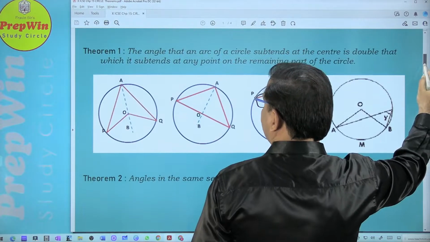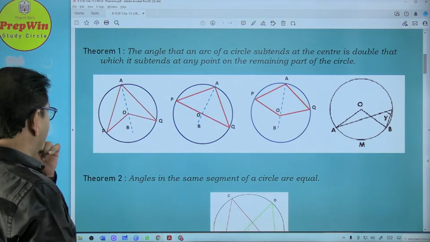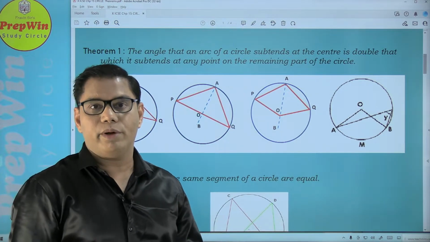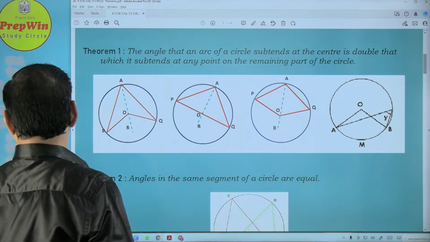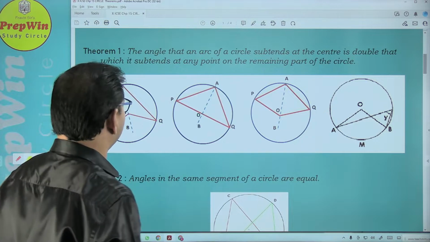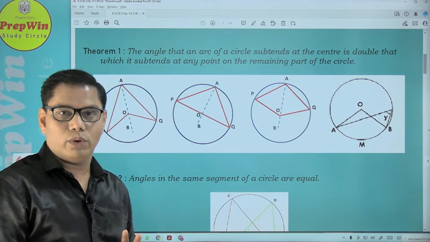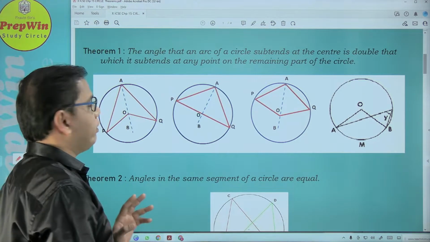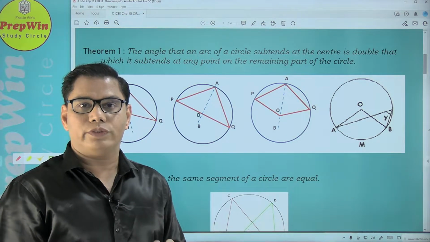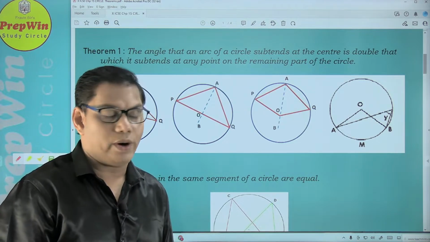So here we go with theorem number 1. First theorem. Need not worry, you already have studied this theorem in your 9th standard. But the problem is that I don't remember what vegetable I ate last night, so how will I remember a 9th standard theorem? Don't worry if you don't remember this. And if you see the scope of syllabus, it is clearly mentioned that proofs of this theorem are not required.